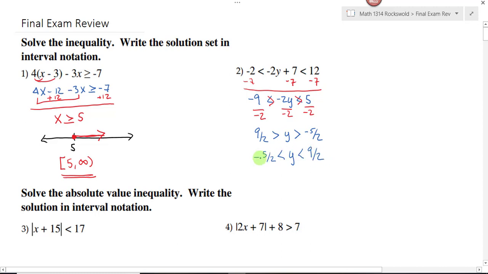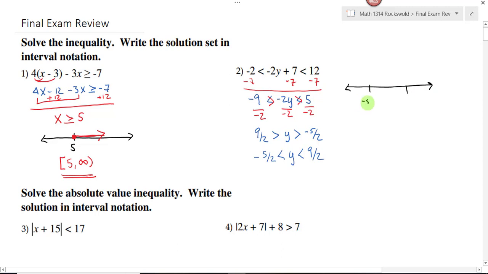I've swapped the numbers on the ends here, but notice the relationship between the variable and the inequalities is the same. This is saying y is bigger than negative 5/2. This is saying the same thing. Y is bigger than negative 5/2. Do y'all see that? If I were to graph the solution set on a number line, I would need a